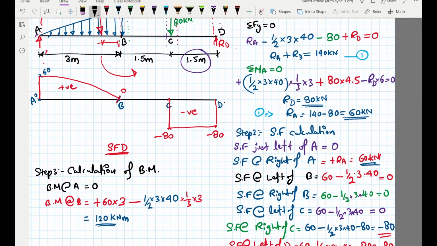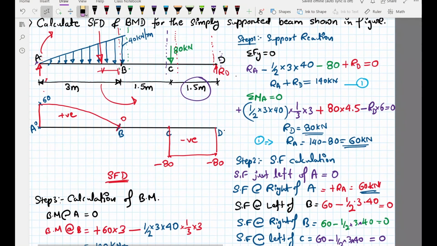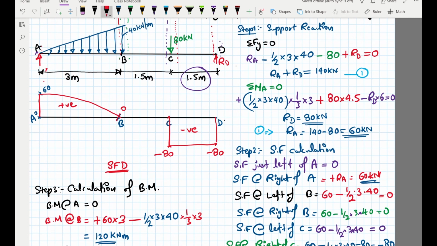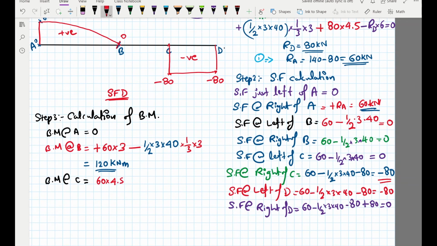So now I am going to consider bending moment at C. Since I am comfortable on the left side of that particular section, so all the moment I am going to consider left side. So RA from C, RA value I am going to take. RA we got 60 into about C. If I apply RA, it is going to rotate in clockwise direction, therefore I take plus 60 into distance is 3 plus 1.5 meter, therefore 4.5 meter.